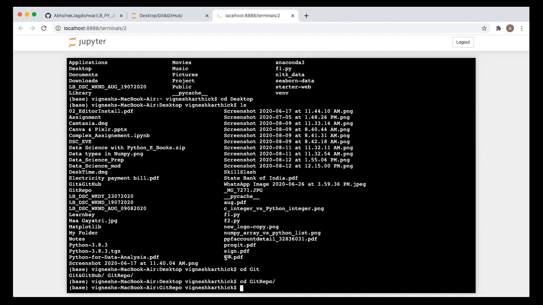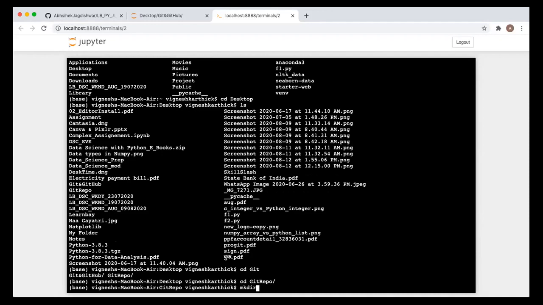If you want to make a directory on your local system, which you might not have, the command for that is mkdir. First, you have to guide yourself to the location using cd.